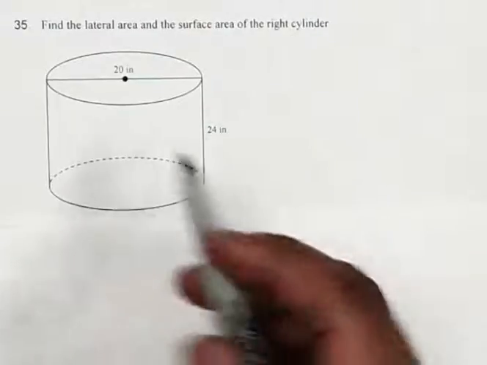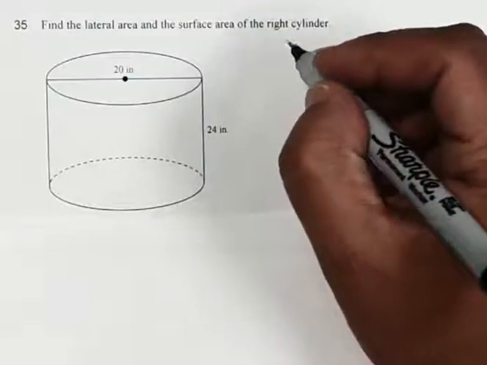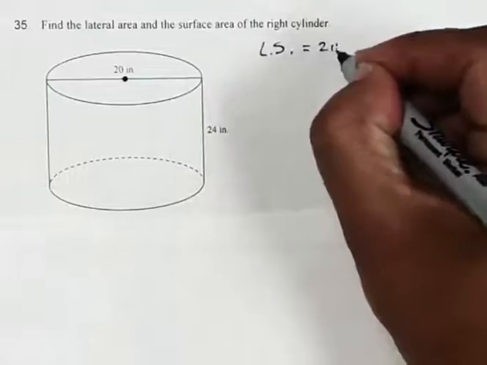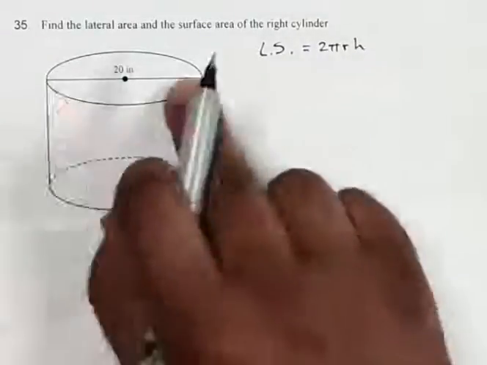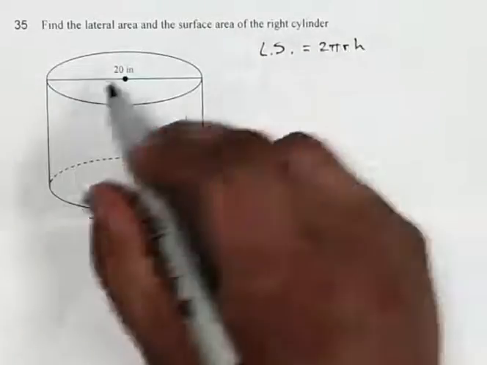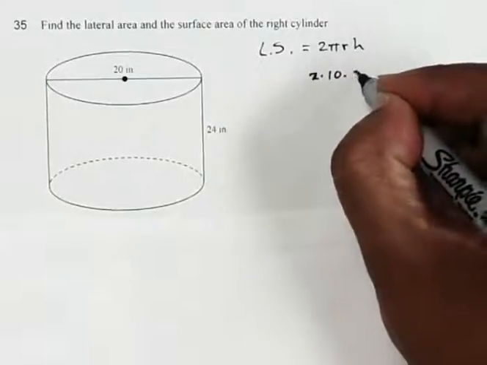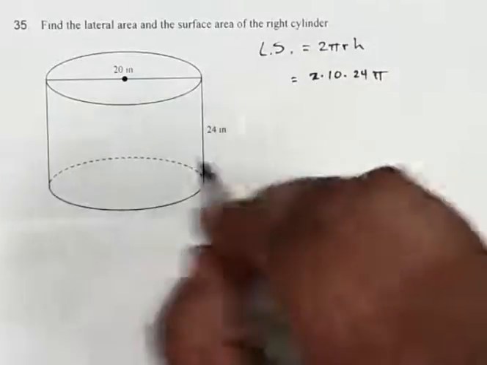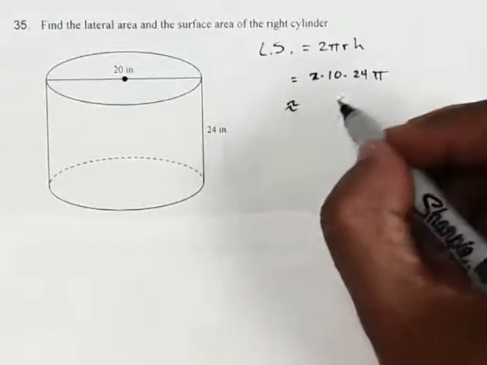Okay, number 35, same thing, they want the lateral and the surface area of the cylinder. So on this one, for the lateral surface area, that's going to be 2 times pi times radius times the height. In this case, we have to be careful here because they gave us the diameter. So we want the radius, that's going to give me 2 times 10 times my height of 24 pi. Okay, and if I round this, that's going to come out to be